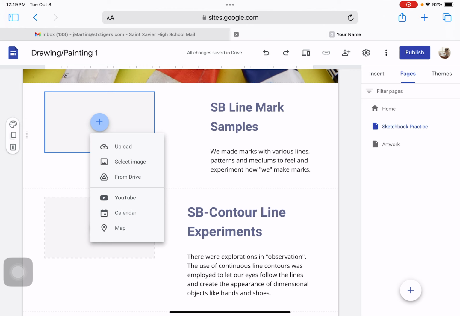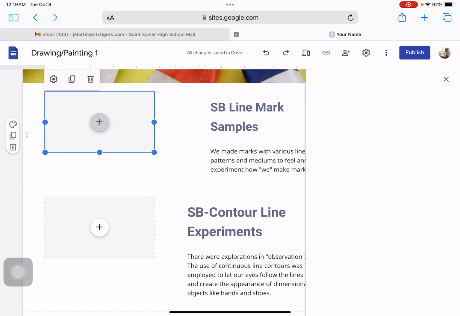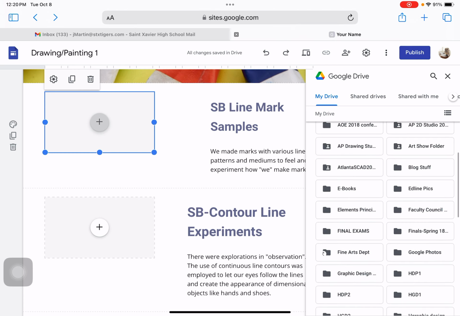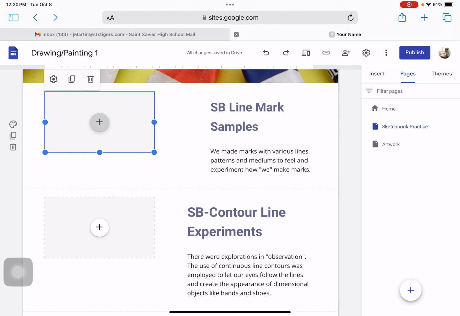So I could click in from Google Drive, and then it'll start to ask you questions like, well, where in Google Drive is it going to come from? And so that's when you go into whatever folder that you might have it on your Google Drive. In a previous video, we talked about putting our pictures into a folder that you're going to make that says drawing and painting, right? So you'll probably search for your drawing and painting folder and then find your picture to put in. Once the picture is put in,